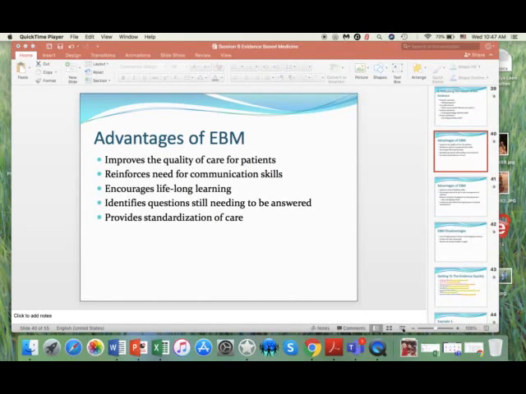Okay, so when we're looking at the advantages of evidence-based medicine, it's going to improve the quality of care for patients. It enforces the need for communication skills, because we need to be able to explain the evidence to patients and explain why we're doing things. We need to know their preferences so that we can know whether this evidence applies to them or not. This encourages lifelong learning, it gives us a way to keep up to date